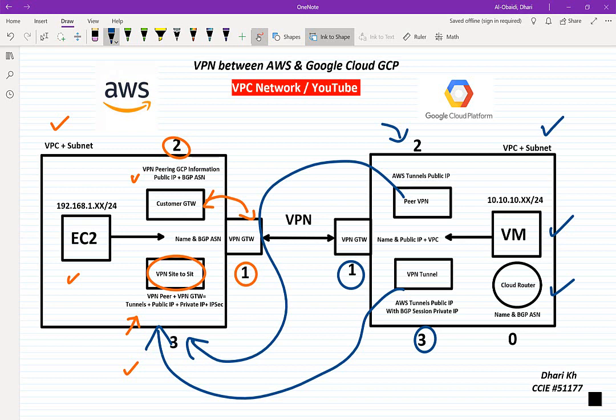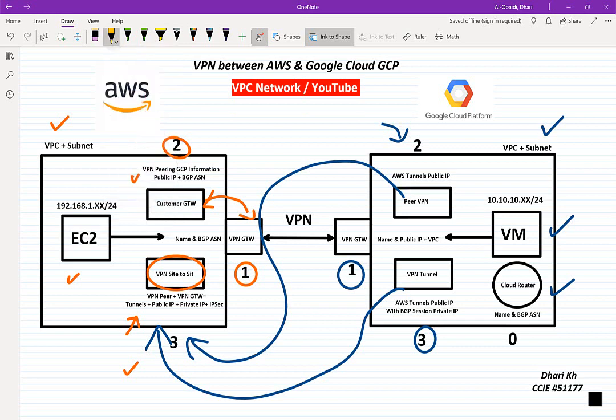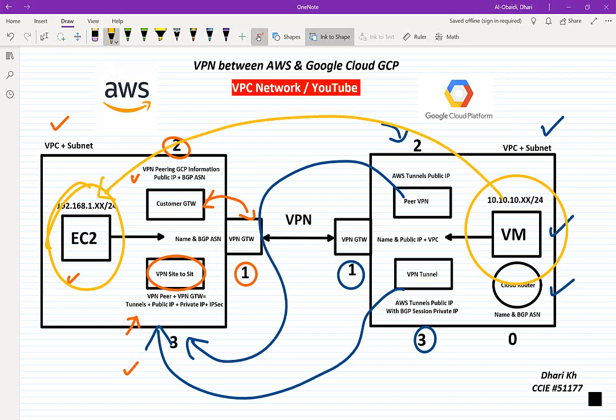The target for this lab is to make a connection between this EC2 and the VM in Google Cloud. If we can access and ping between them, or SSH or whatever, it means our lab is done and everything is good. I will start with AWS first, but before that, as you can see in AWS,